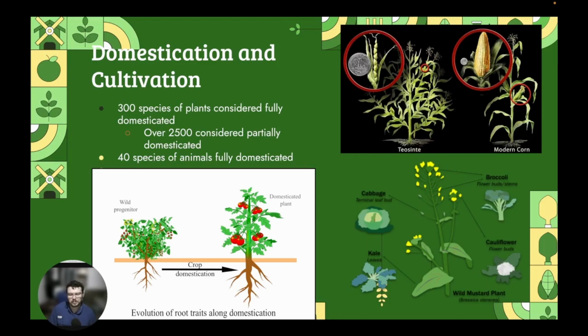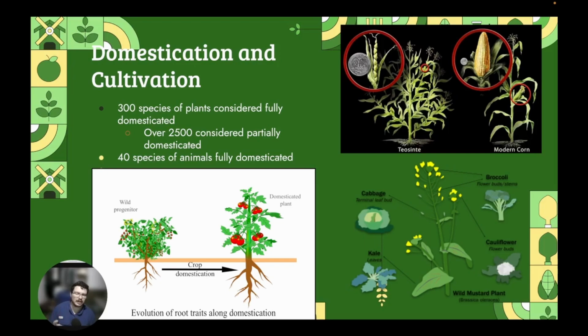So what we're seeing here is basically that when we domesticate an organism, we have a large change in the characteristics based on what we are artificially selecting for. So in general, if we look at the picture on the bottom left here, our wild type is going to be what we would consider to be wild. It's going to have more fruit, and maybe it looks more bushy. It's just going to have totally different characteristics to something that has been domesticated. So it's going to start in a different form, and then as we artificially select for certain characteristics like bigger fruit, a lower number of fruit, larger leaves, a thicker stalk or stem, a taller plant,